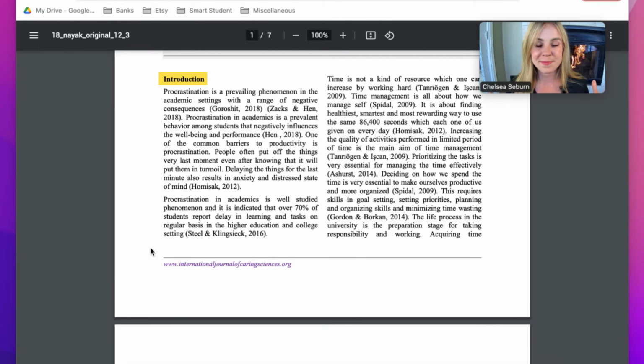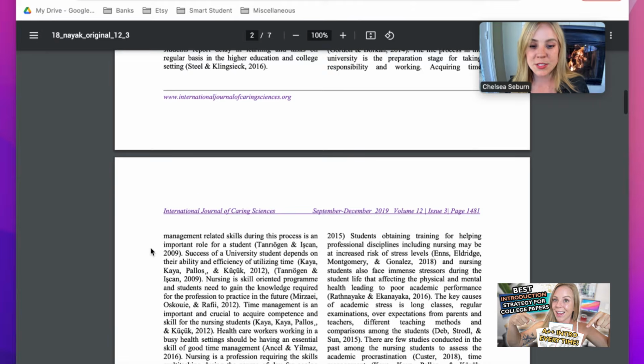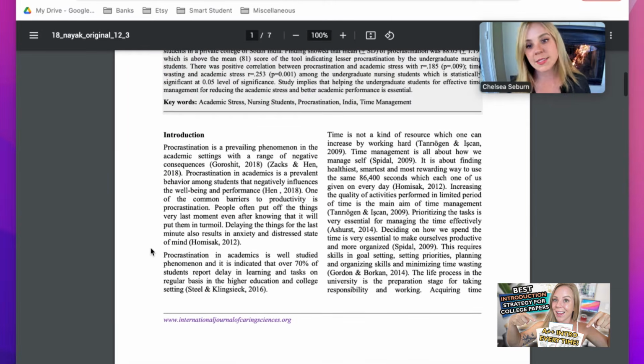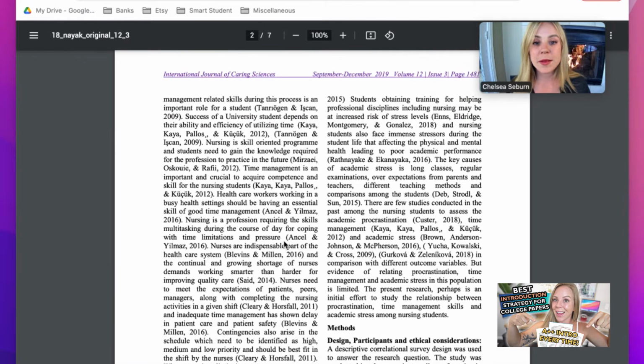Now, let's move on to the first main section in your actual research paper, your introduction. So what's the purpose of an introduction? It's kind of in the name. It's to introduce your research paper. But the way I like to describe it is that essentially the first portion of your introduction is going to introduce your topic. The last paragraph in your introduction is typically where the researcher is going to explain their